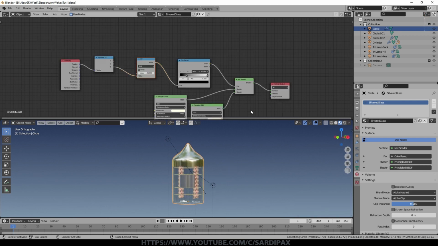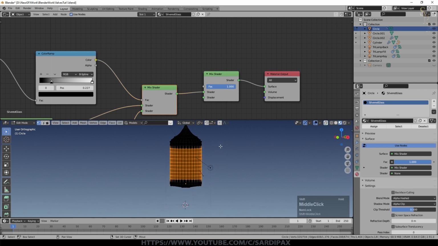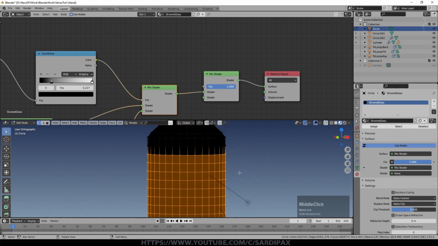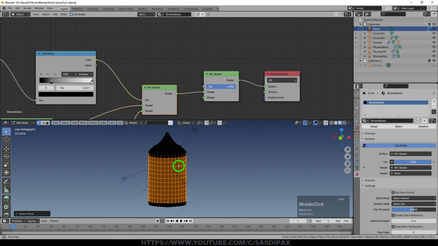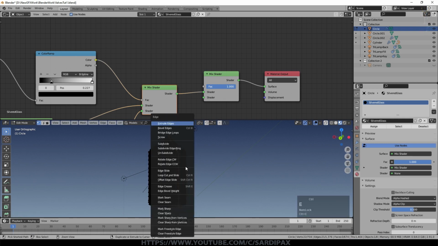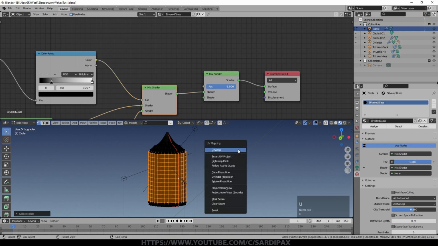And that's done with this same group of shaders. Before I go any further, I'm going to make sure that I've unwrapped at least part of this valve. I'm going to go round to the back somewhere, and just select that line of vertices, Control E, and just say mark seam. So it doesn't change anything other than making the UV unwrapper know that that is a seam that it can unwrap the object with. So I'm now going to press U and just say unwrap.